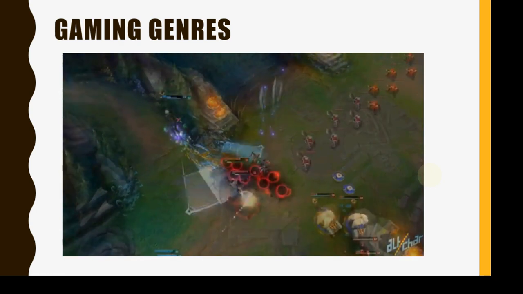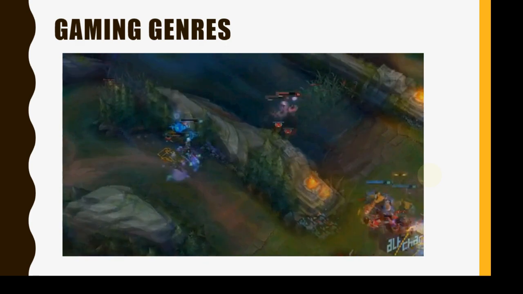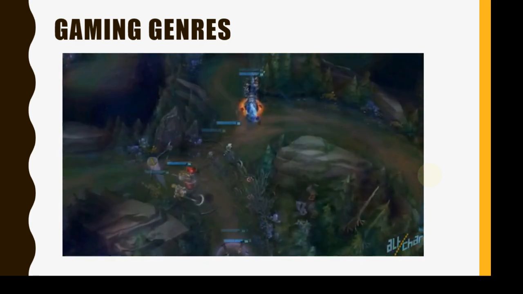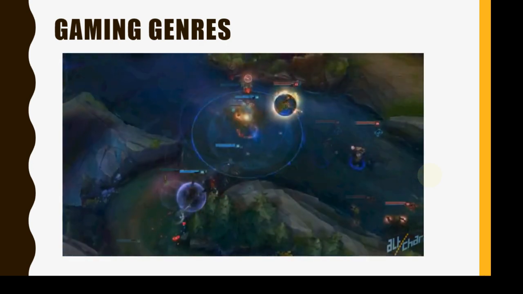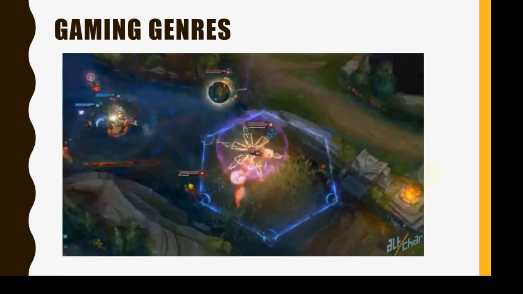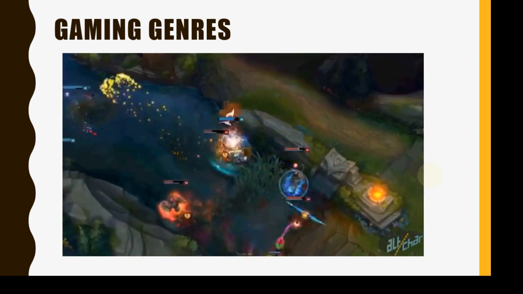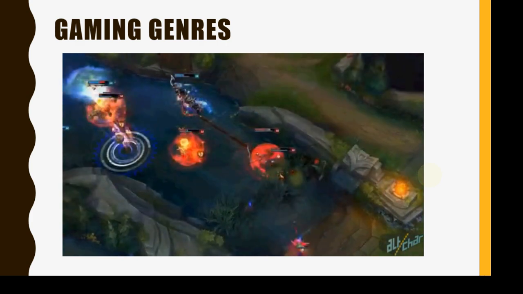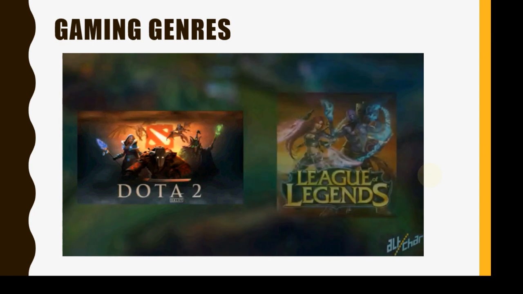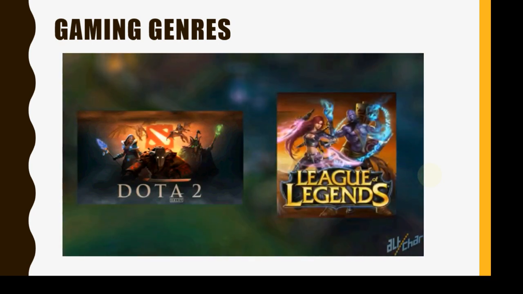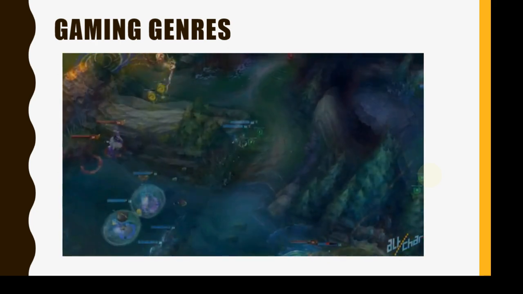MOBA games are all about perfect timing and strategy, so choosing a character with the right abilities is of utmost importance. You control only a single character, the hero or champion, who plays the pivotal role. As the game rages on, you level your hero up with skills and abilities and new different items in order to destroy the enemy team's fortress, all the while aided by the faithful minions. The prime examples of MOBA are Dota 2 and League of Legends, but if they prove a little intimidating, Smite is arguably more accessible. They're all great.